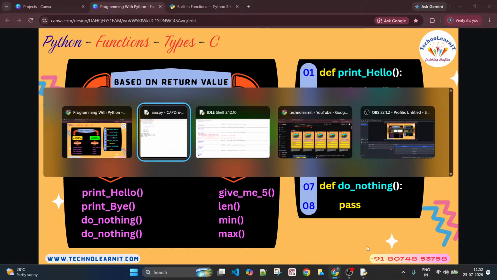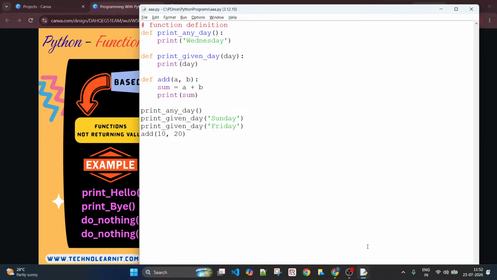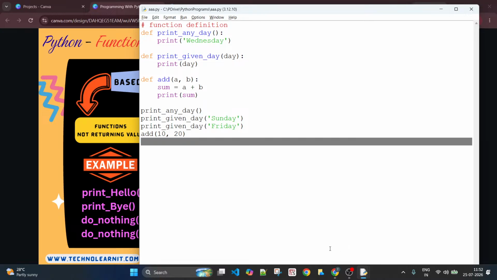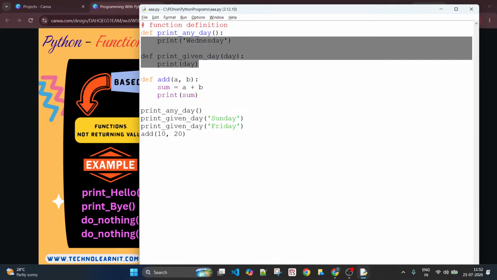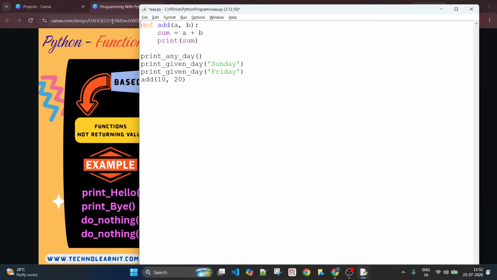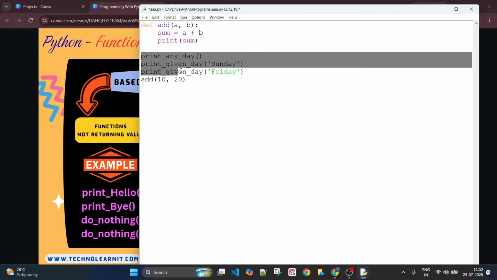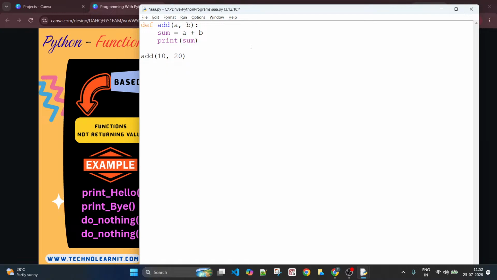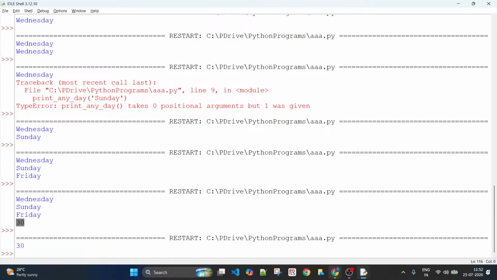Now practically let us go back to the coding. Let us have this function add as it is, and I'm just getting rid of these other functions now. I'll make the code as simple as possible. You pass two arguments, you find the sum, and now you print sum. Now how do I call this function? To make a call to this function, I need to write the function name, and since it receives parameters, I need to pass arguments here. Well, let me run this. It should just print 30, right? Yes, it has printed 30.